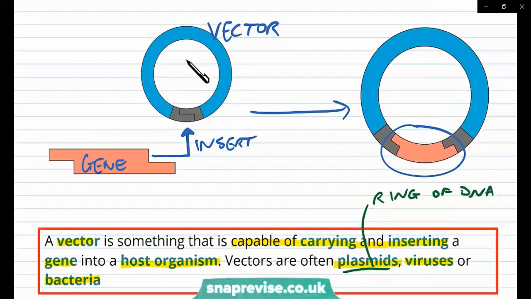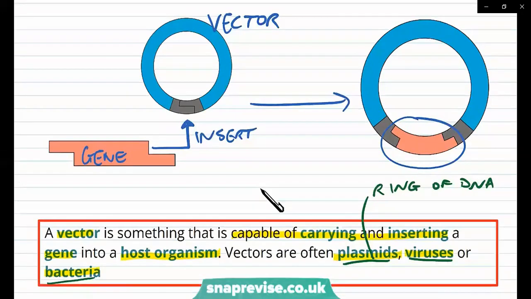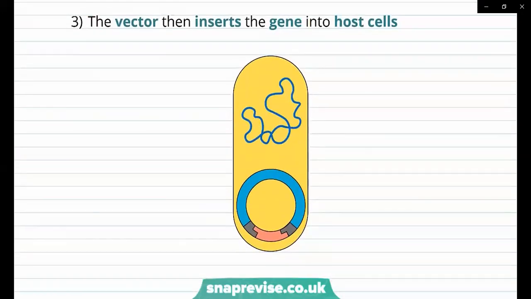So this is all DNA, and all we did was insert the gene into 2 points of that plasmid to make it larger and make it contain that DNA. Viruses obviously are types of pathogens, as are bacteria, so they can all be vectors. So by this point, the vector contains the gene, but it hasn't managed to be transferred to the second organism.